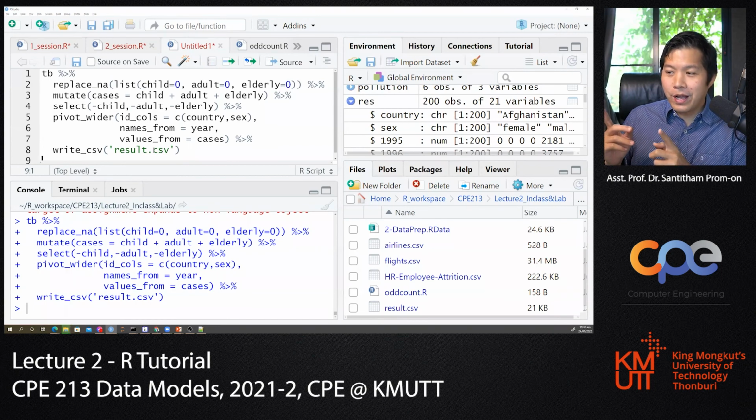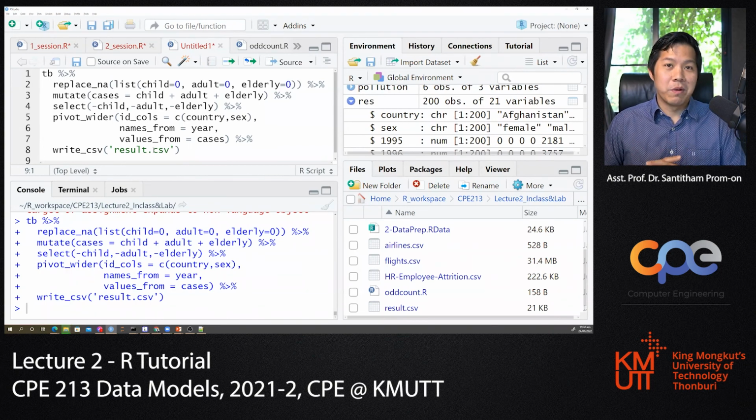So you ask me if you have to catch it one by one. No, you can copy the code and put it there, and then the result as well. Okay. The thing is,